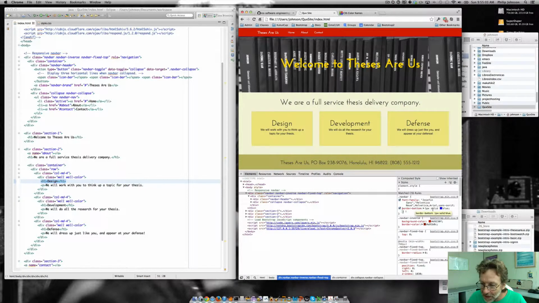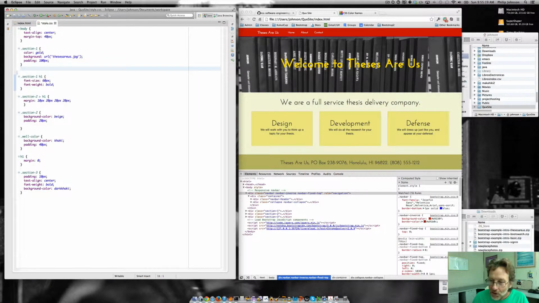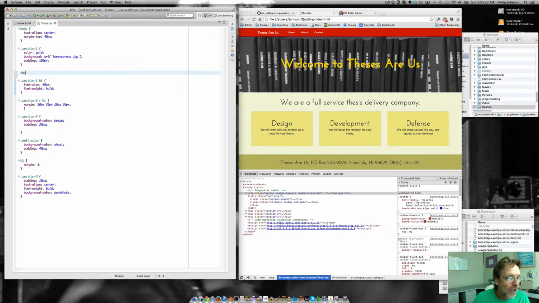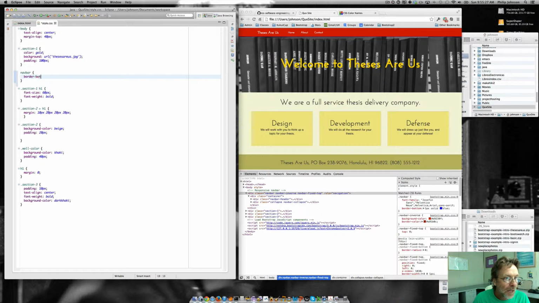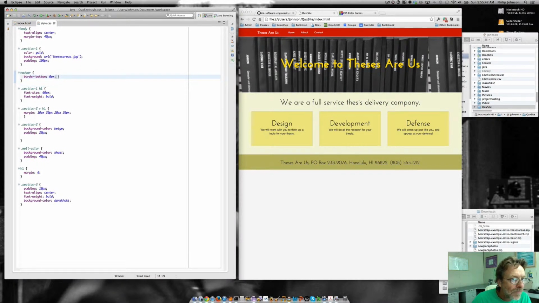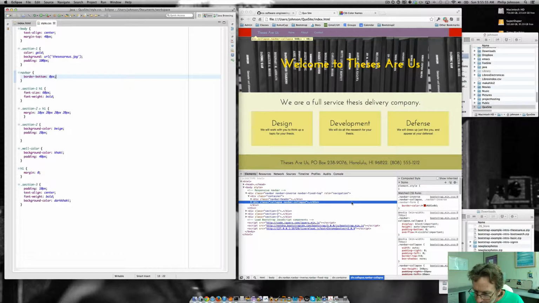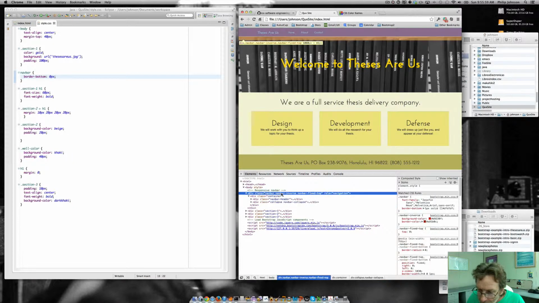Well, how might we fix that? Obviously we've just changed the definition for this particular CSS rule. It's not going to fix things in general, but what we can do is go and say, okay, we've got the navbar class. Let's say navbar border bottom: 0 pixels. Okay, and if we refresh,